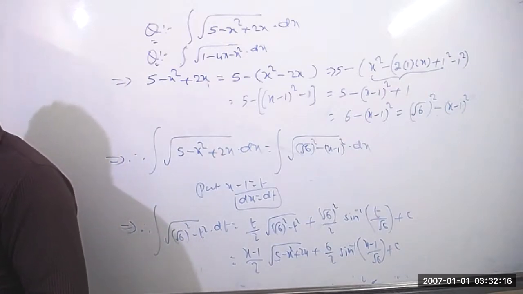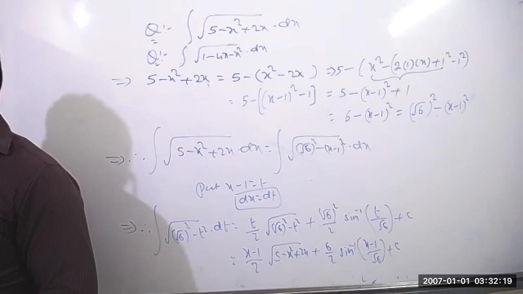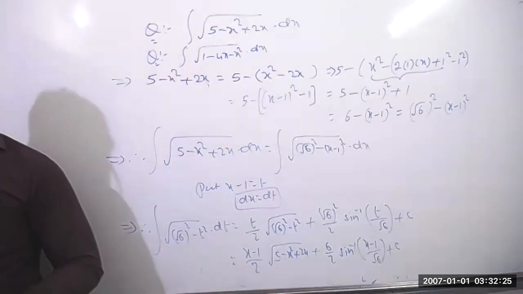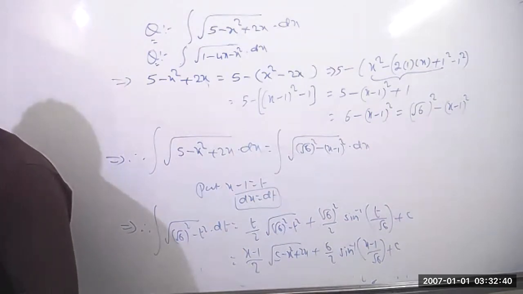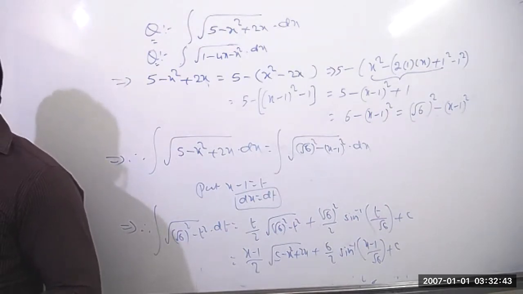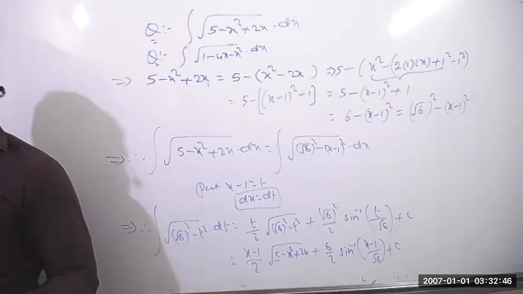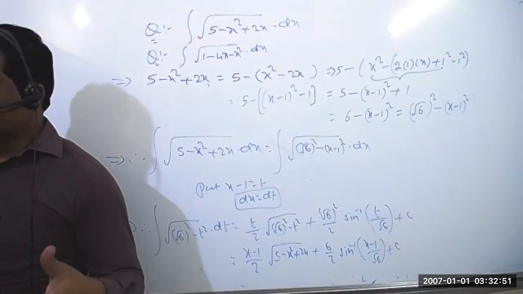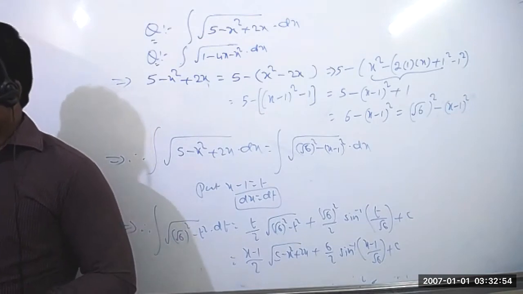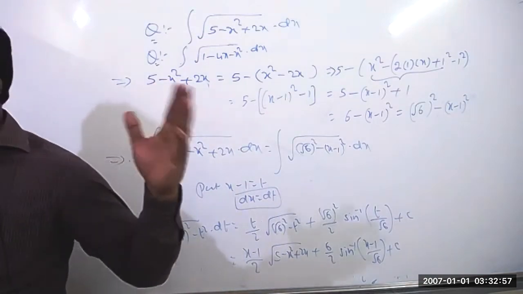Complete fast. But in examination, how they'll ask for an essay question point of view, they never give like this, only one question. First they'll ask in examination, integrate root of either a square minus x square or x square minus a square with respect to x, and hence evaluate, like these questions they'll ask in examination. Then if we complete both, only then we'll get full marks. Suppose we do only one thing, definitely we are not getting the full marks.